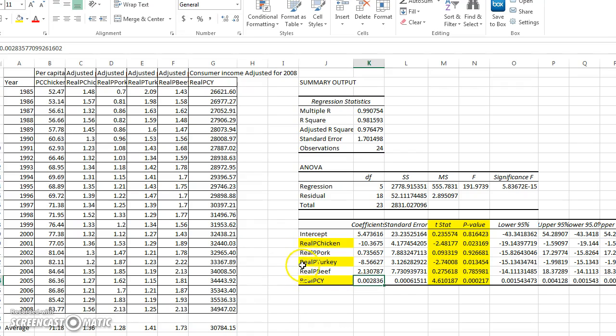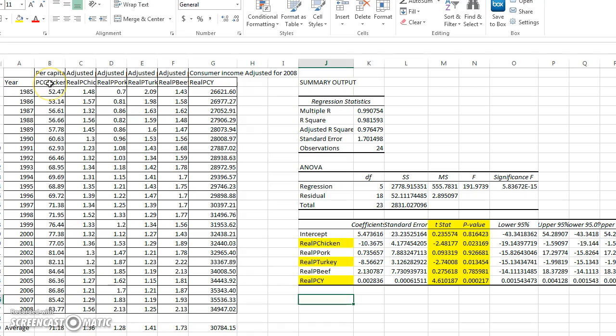Like I mentioned, the real price of turkey is statistically significant, but because of the sign, I got a negative sign that shows turkey and chicken are two complementary products. So it does not make economic sense. I'm not going to include this variable in my next estimation. Okay, so now let's run a new